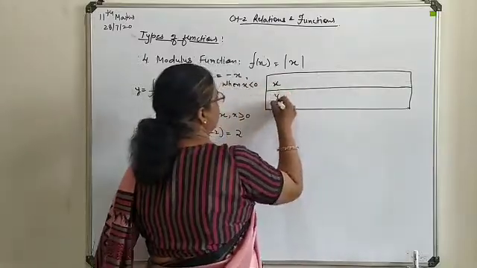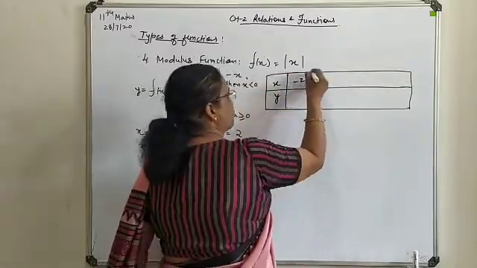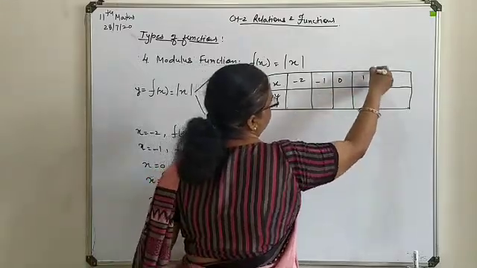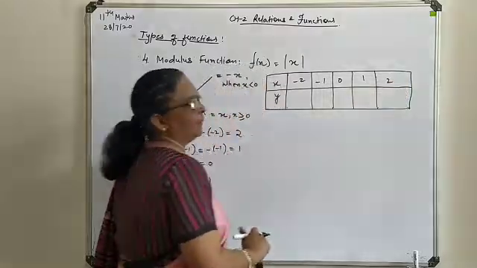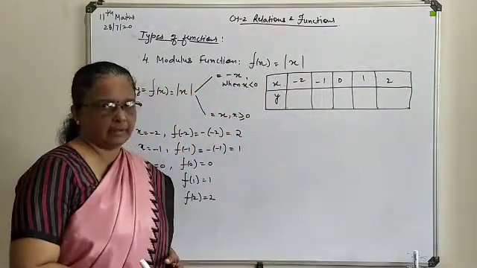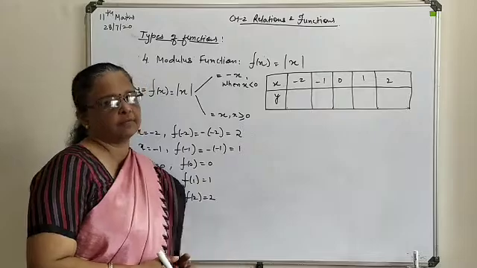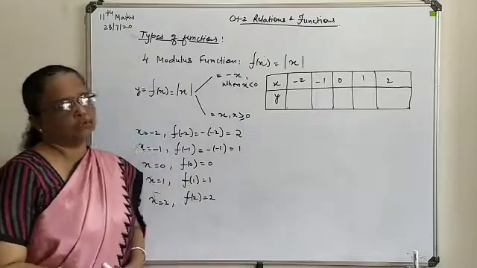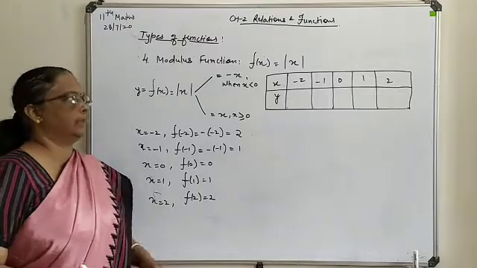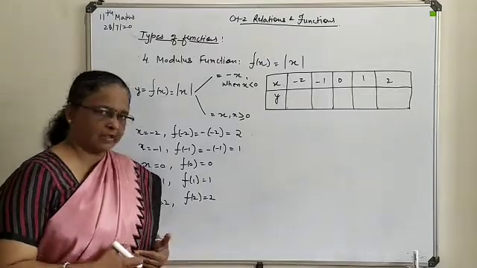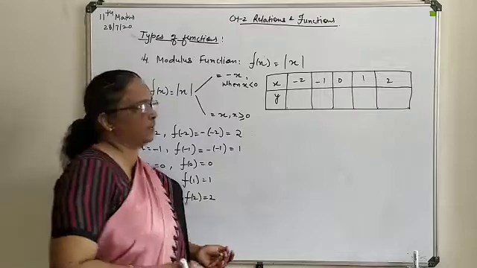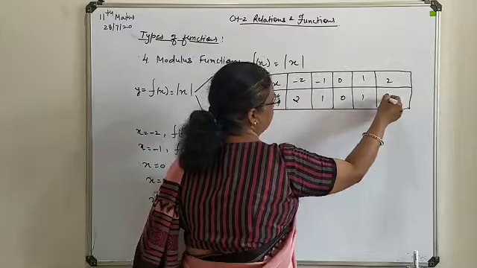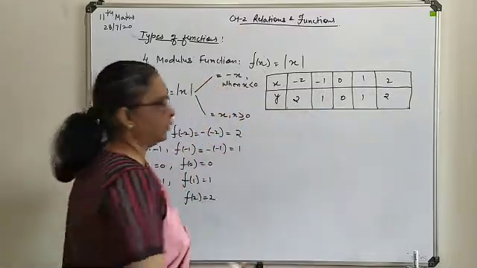This is your x, this is your y, minus 2. You can take different values, but when you are going to represent any graph, it will be better that you select values in continuation. You can go for only positive solutions or only negative solutions, but to have symmetry of the curve or symmetry of the sketch, it will be better that you select values around 0, somewhat negative and somewhat positive. Now here we turn this into all positive solutions. Now its graphical presentation.